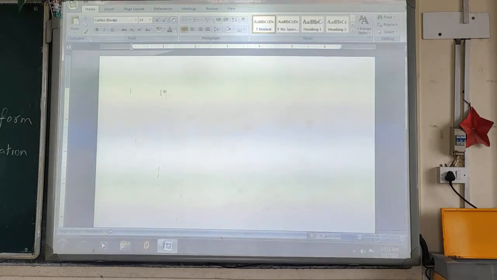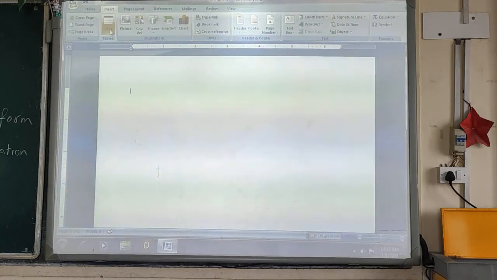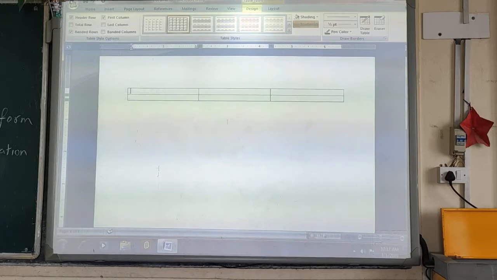Now after creating the table, suppose this is the table which we have created with 3 columns and 2 rows. Now if you want to move this table, you can see on the table there are 2 different symbols.